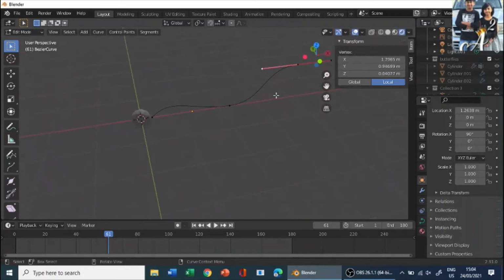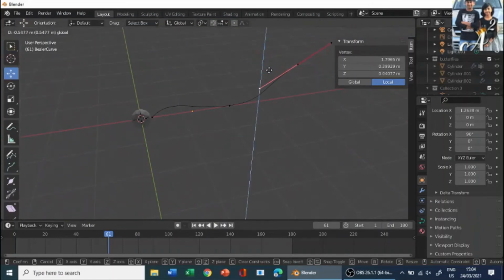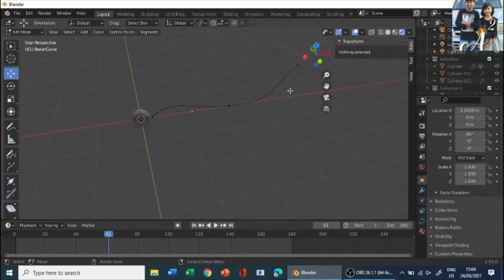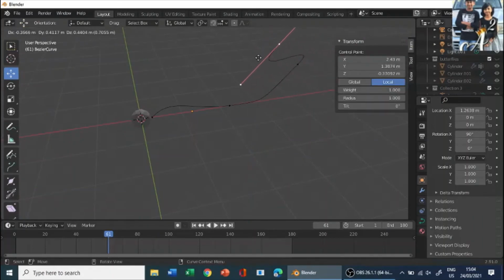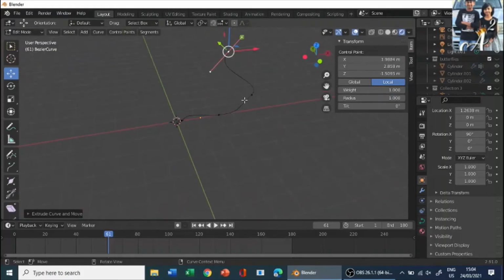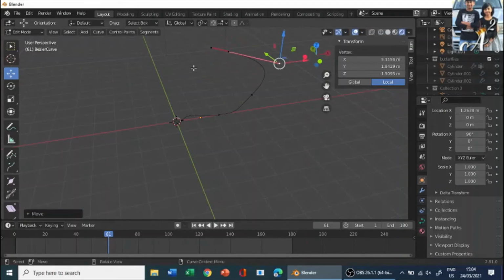Next, we'll rotate it, move this one a bit down, like, yep, and let's extrude another point from here going up, and move that point from here to here, so that it gives you a curve look. Move it down.